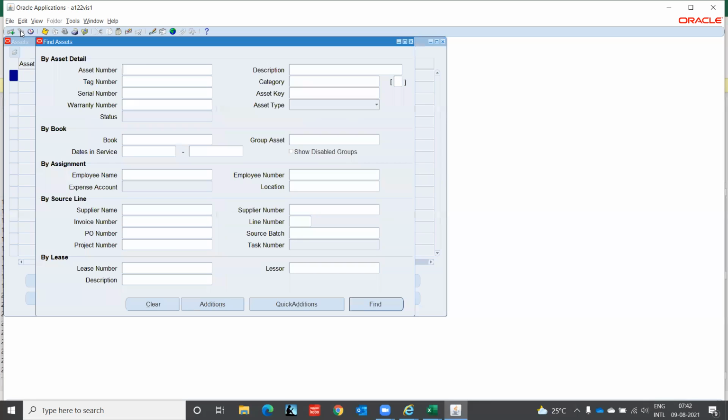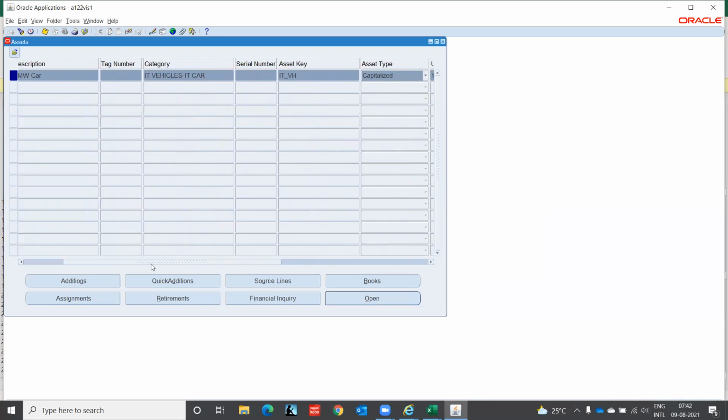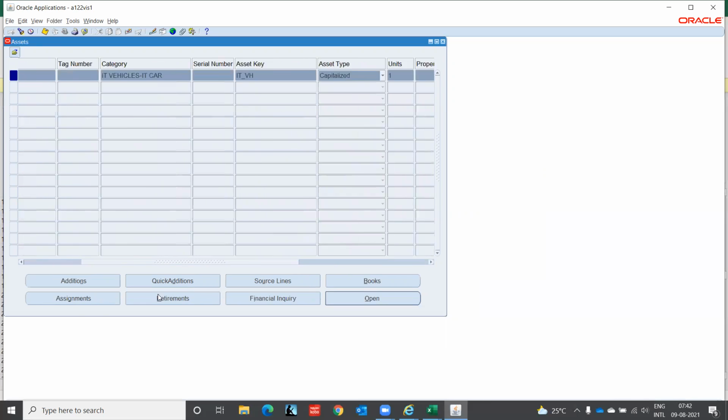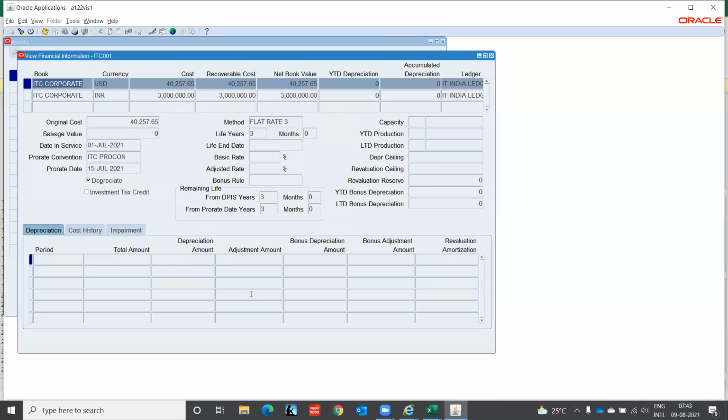If we now go to ITC 001, click on find. It is here, our asset. Okay. From this window, you can add quick addition. You can see the source line, books, open, financial inquiry. If you do financial inquiry, it will bring us the details like